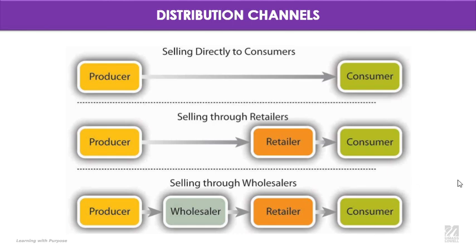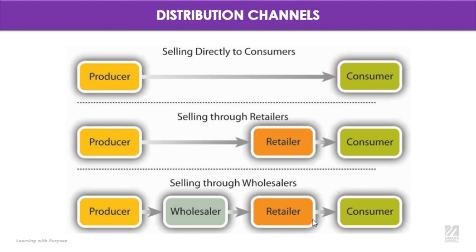So how can we decide what distribution channel is the best? It will depend on what we are selling, how much we want to invest in things. Do we really want to deal with clients coming to our stores? Do we really want to deal with having stores? Do we want to deal with retailers? Because retailers will also take a portion of the money, so they will add to the price that we are receiving. Maybe we don't want to, and we want to get the entire money for us. We can do it this way.